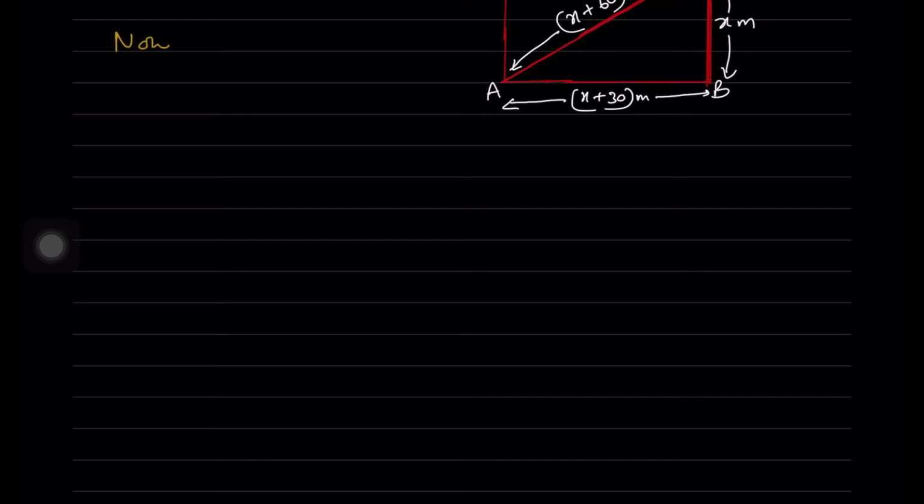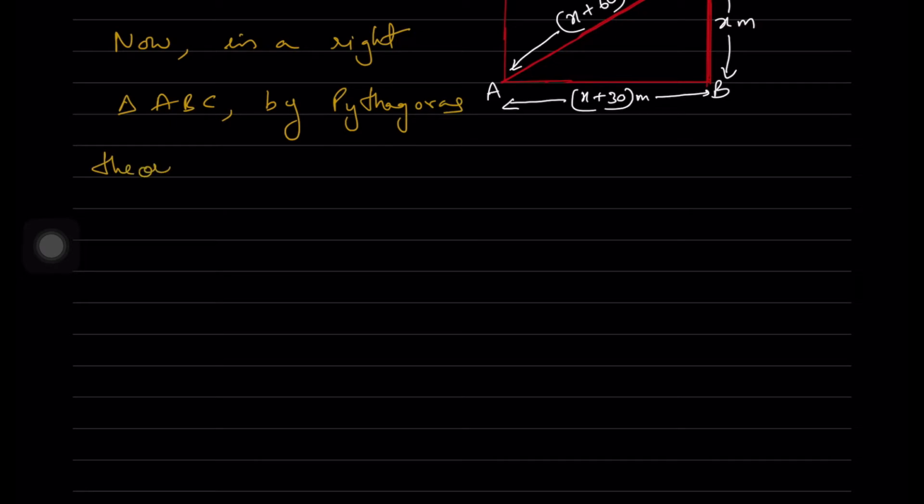Now in a right triangle ABC, by Pythagoras theorem we have AB square plus BC square is equal to AC square, which implies x